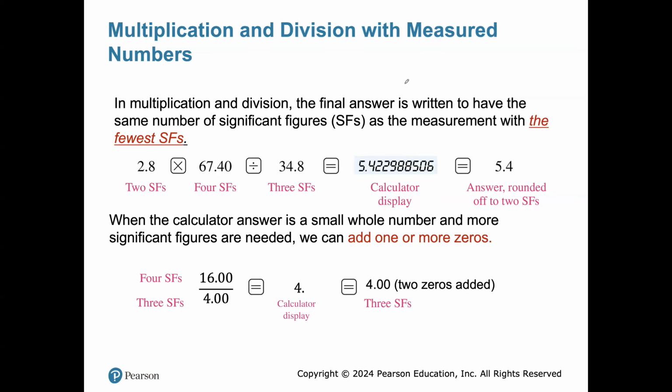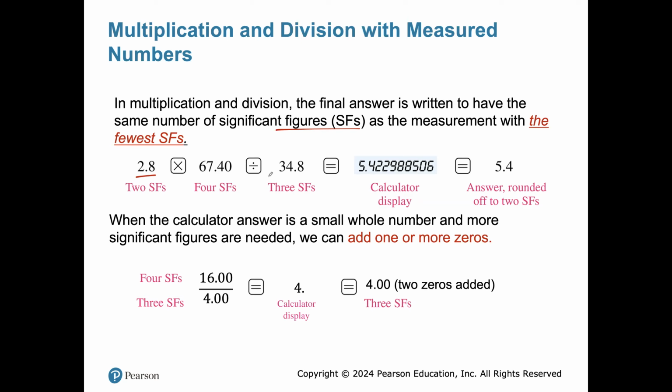So now let's look at the significant figures rule in calculation. In multiplication and division, the final answer is written to have the same number of significant figures as the measurement with the fewest significant figures. All right. So for example, if you have 2.8 times 67.40 divided by 34.8, 2.8 has two significant figures and